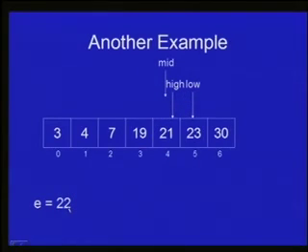And once that happens, in the next step the loop terminates, because the value of low has actually become higher than the value of high, which means that the fragment of the array that we are now looking at has size 0, and an array of size 0 clearly cannot contain any element, and so the loop terminates and we return a failure to find the element in the array.